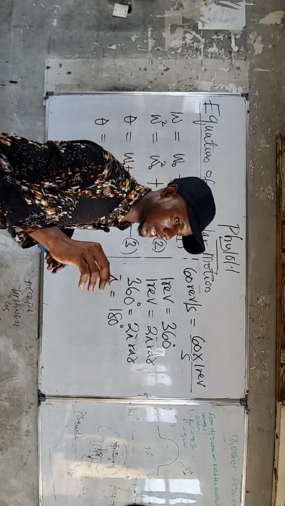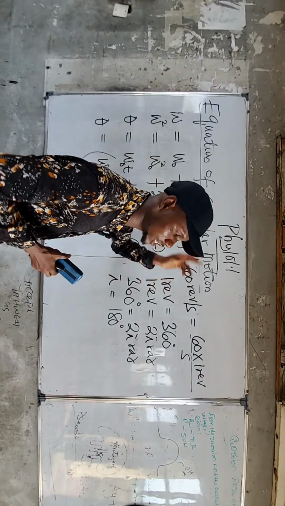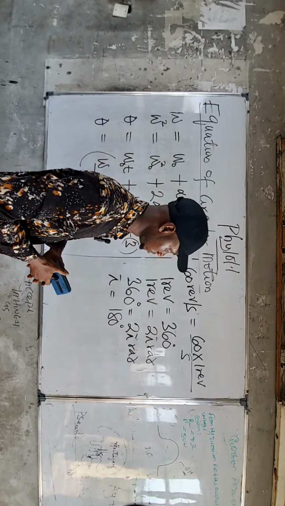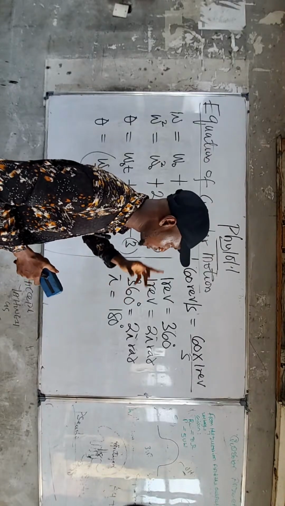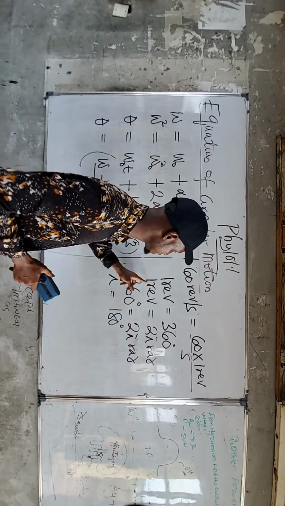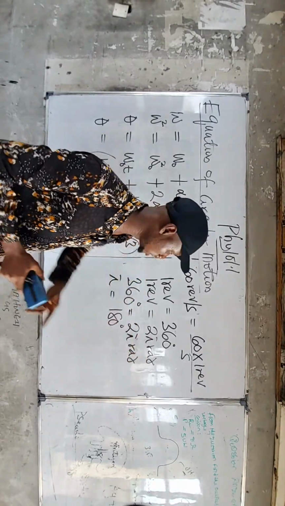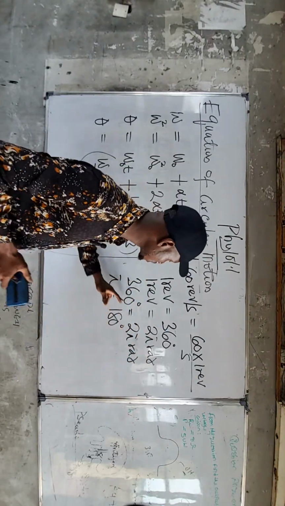These are the points you have to know from this conversion: 1 rev is equal to 360 degrees, that is, 1 revolution is equal to 360 degrees. Now, relating rev in terms of radian, 1 rev is equal to 2 pi radian. Please take note of this. Now, relating radian in terms of